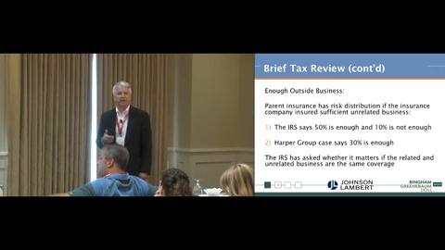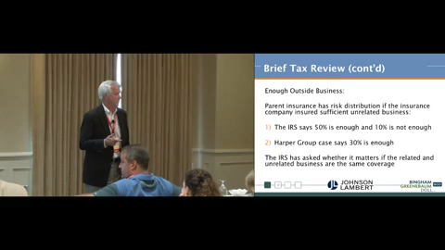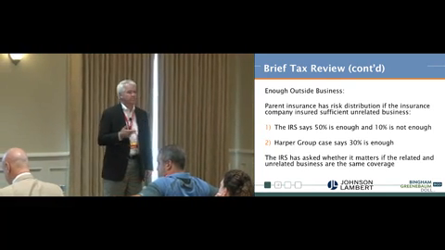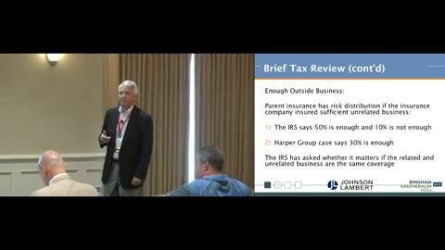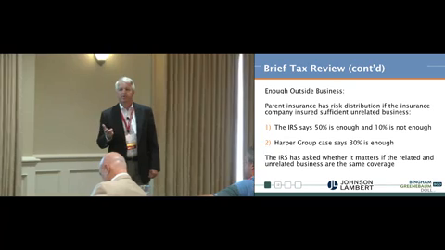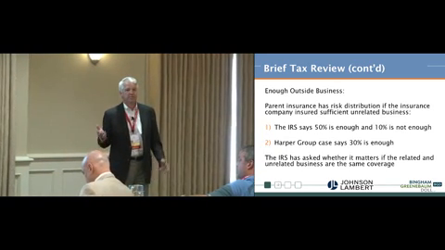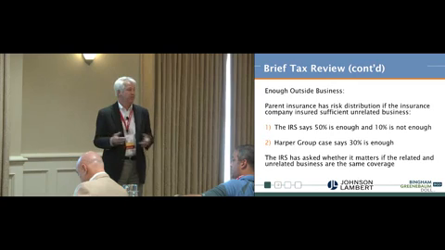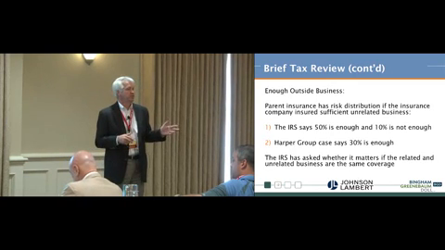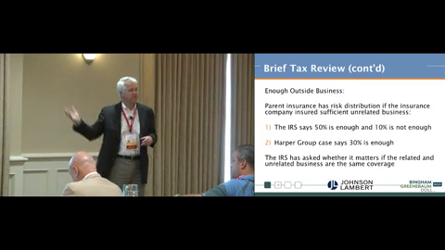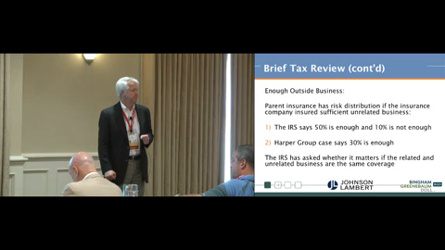There's a court case out there that allows up to 30% to be unrelated. Said that was a good insurance company. So generally what we're going to use is somewhere between 30% unrelated and 50%. If you've got those kind of numbers, then you probably have a pretty good insurance company, assuming the risks that are being put in there meet the things that we talked about earlier.